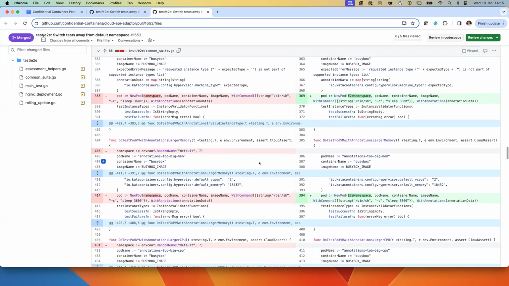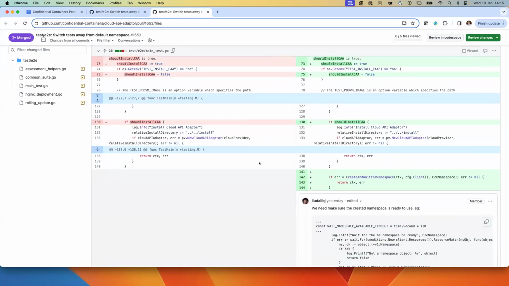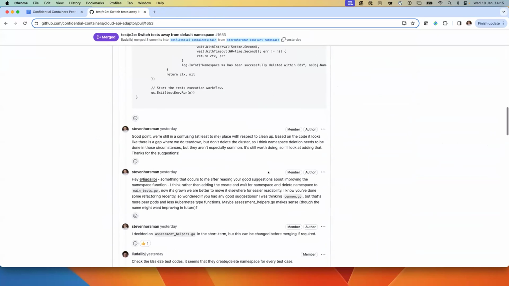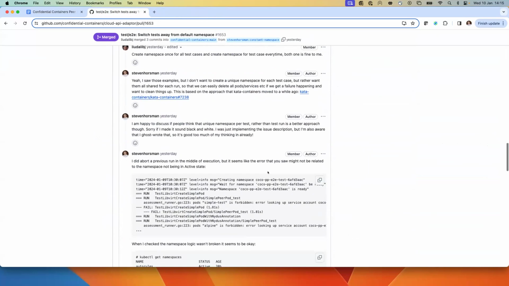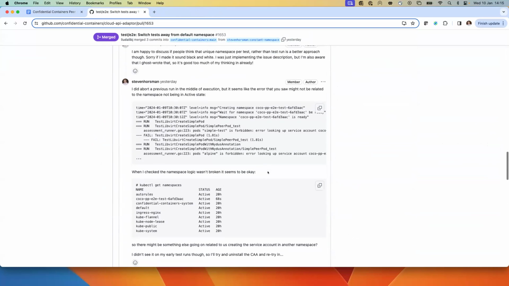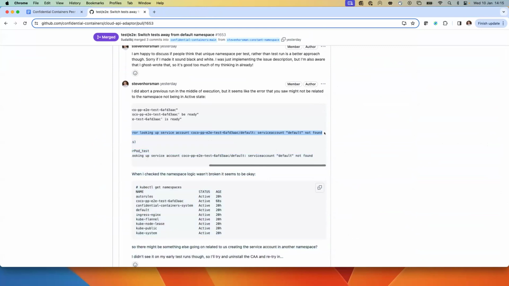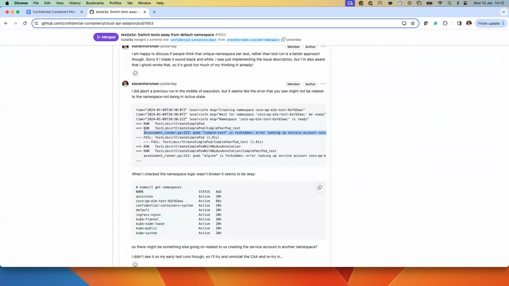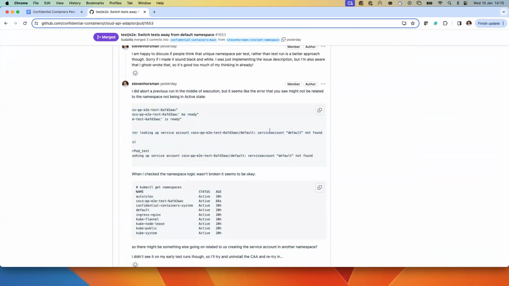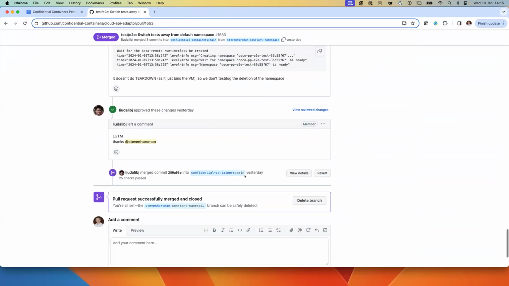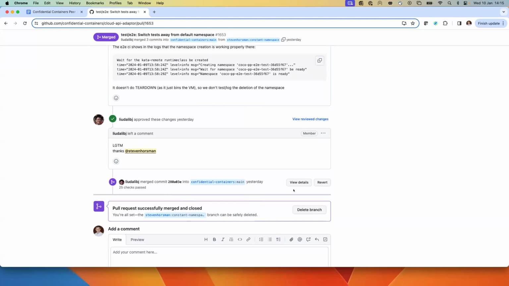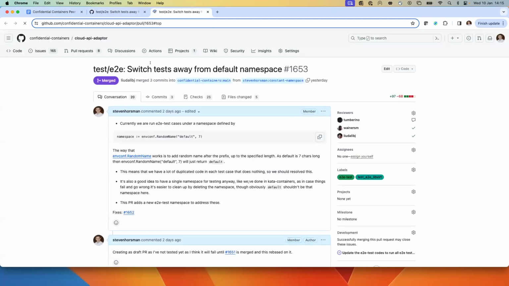It wasn't a particularly challenging change. We just went in and got rid of a bunch of duplicated code. The problem we found was on occasional runs, we got an error with the service account in the namespace not being found. I don't know if this is something to do with the PeerPods control, because I think that creates the service account. It worked fine in the test run on the PR, so it got merged, and I don't know if it works on the daily.